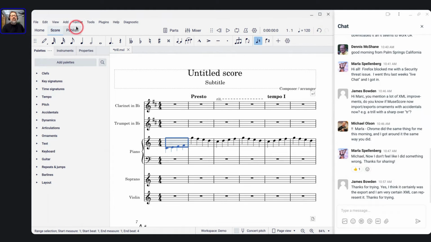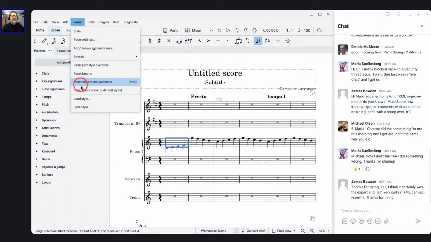So if you go to the format menu, there's a new option here that says reset entire score to default layout. It kind of does everything that's in these other resets. There's one just for text style. There's one just for beams. There's one just for shapes and positions. Reset entire score to default layout does all three of those things and some more things besides. So when I click this,